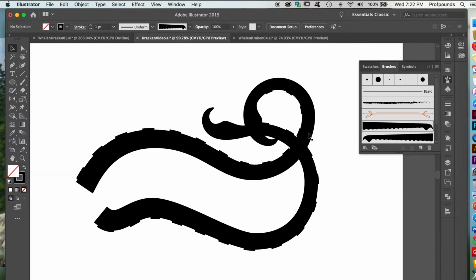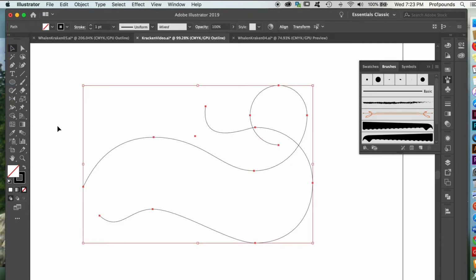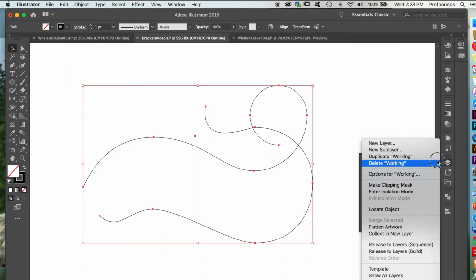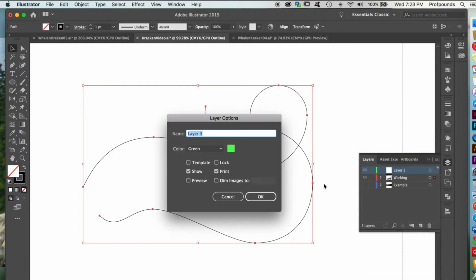Here are two constructed lines with a tentacle brush applied to them. I could probably use the pen tool to draw the insets, but that would take a lot of time. Switching to the outline view shows that the original paths are still there. By copying these lines, Command or Control C, then using Command F to paste in front, which puts the copy